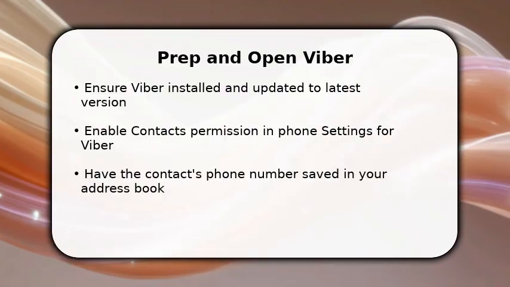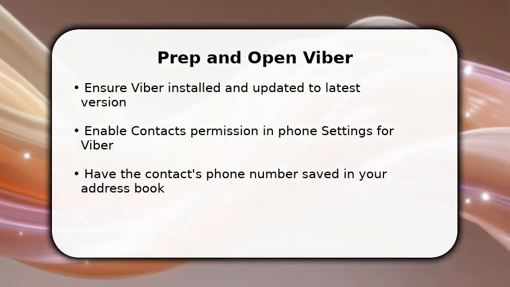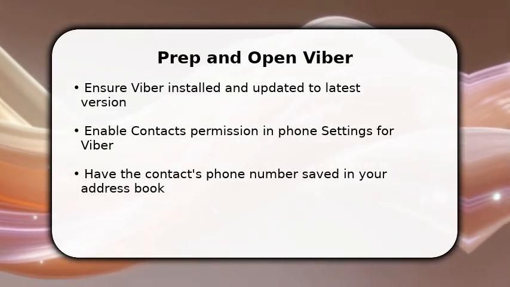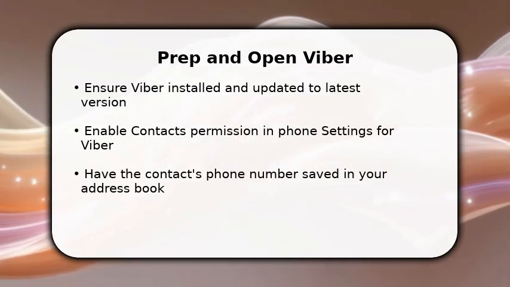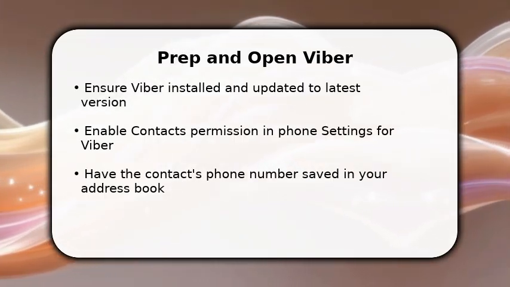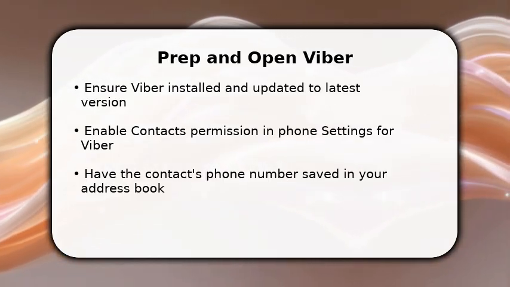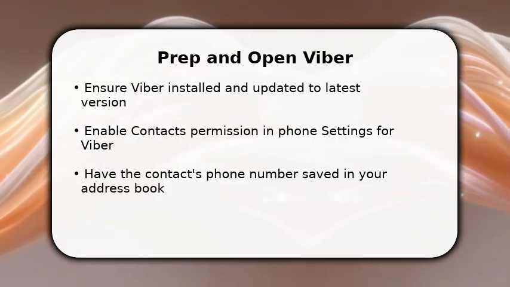You start by opening Viber because you need the app active to search. Once the app is open, make sure Contacts Permission is enabled so Viber can read your phone book. Without it, you can't match numbers. If you haven't saved the person, add their number to your phone now, including country code. This initial setup makes matching automatic and fast and prevents wasted steps later when you try to locate someone within